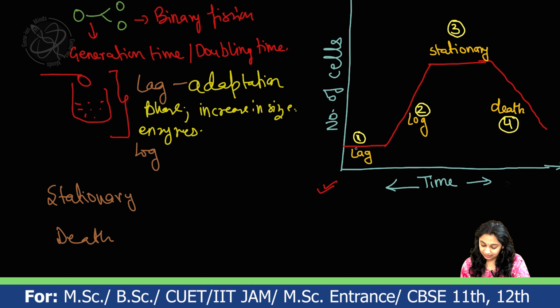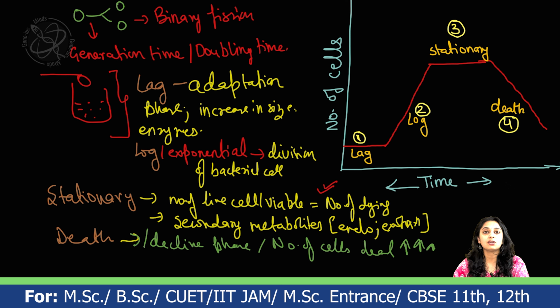Now, as the stationary phase completes, there comes the last phase which is known as the death phase, also known as the decline phase. In this phase, the number of dead cells is greater. The cells start dying. Why? Because there is no nutrient present in the surroundings, so the bacteria cannot live forever there, as they do not have any good source of nutrition. So they start dying. If you see over here in the death phase, there is a decline in growth. You can see this curve falling down towards the time axis.